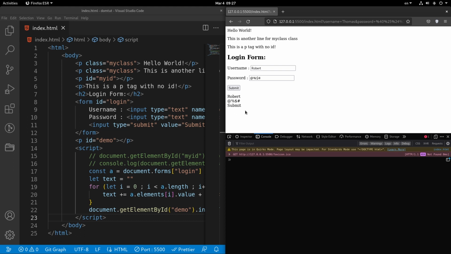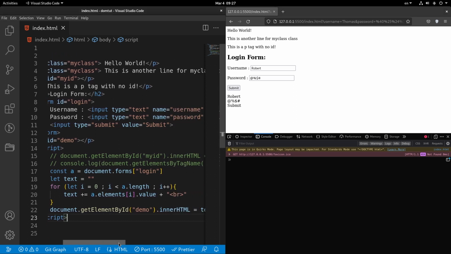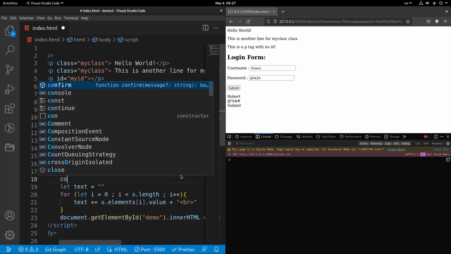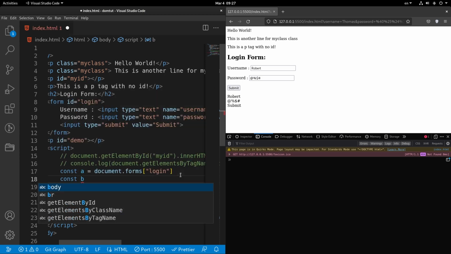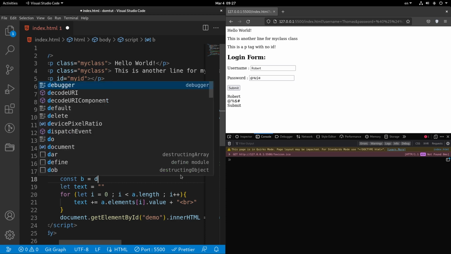So anyway, this is another way of getting the values from one of our elements in the HTML document, and then using it somewhere else or printing it out somewhere else. And that is how we can iterate through one of our element collections. So we have different kinds of document dot, for example, one of our elements, not necessarily all of them, but for example, let me try that. For example, const b equals document